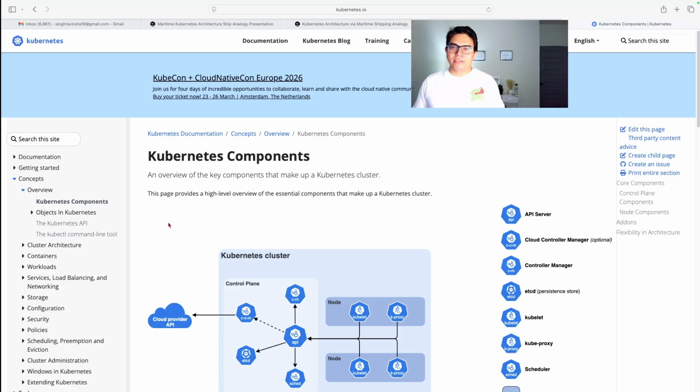As you can see right here, Kubernetes consists of two important things. First is your control plane, and the second is a node. And all the essential components of a Kubernetes cluster are divided between the two. Control plane is where all the decisions are made, and nodes are where your workloads will be scheduled or run.